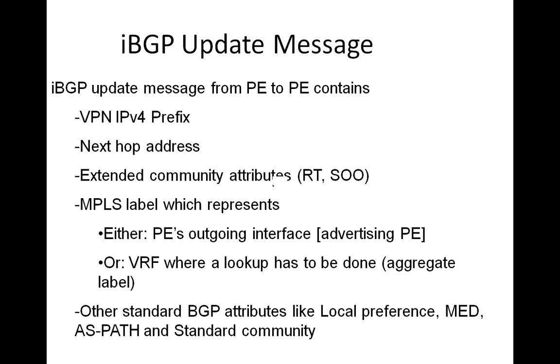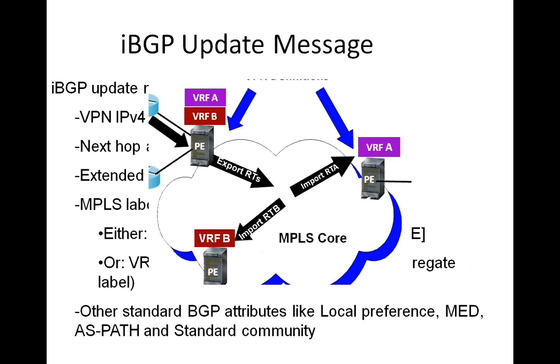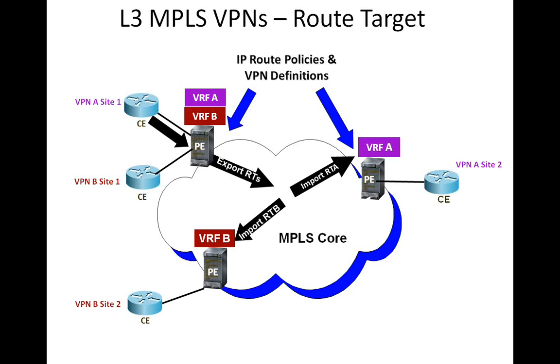So that way you ensure that only the routes exported by VPN A with the export route target A get installed on the remote site, which is configured to import route target A. So that way the service provider ensures that routes of one VPN are not going to the route